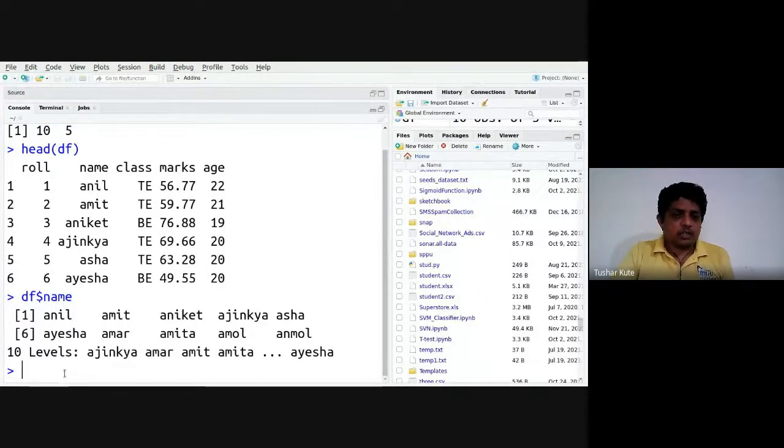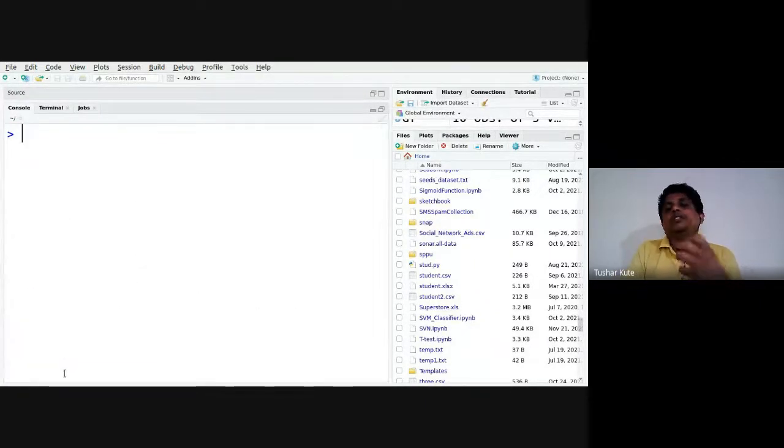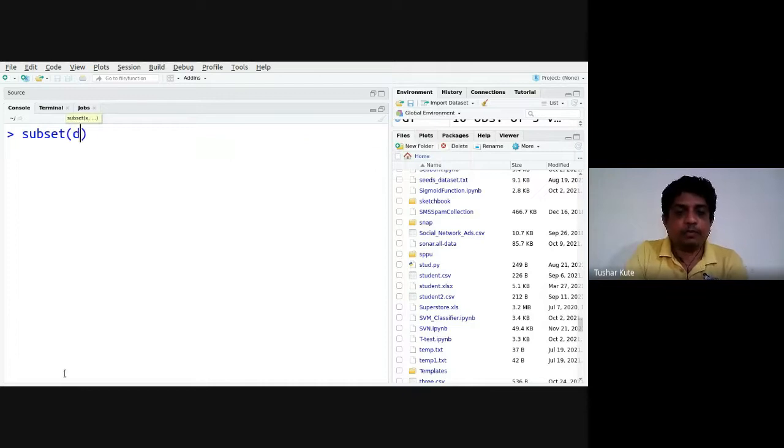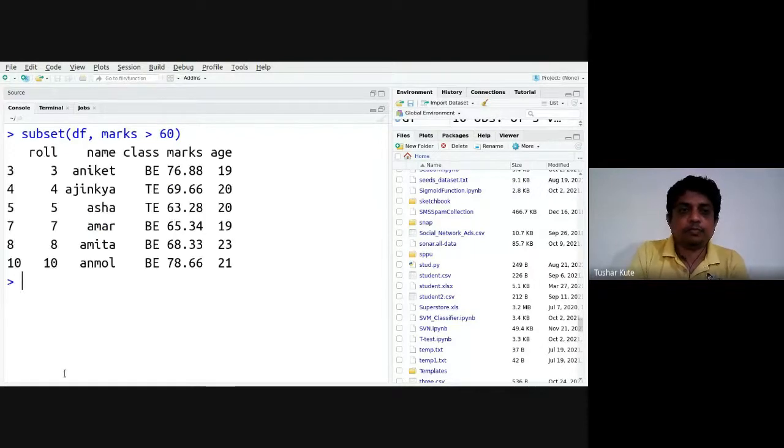See, I want to extract the information about the students who have first class. So there's a function called subset. Apply it to the data frame, and after that you have to use a second parameter as a condition. Okay, so which condition you have to apply? Like where the marks are greater than 60. Their information is extracted only. Subset. Likewise, many such pre-built functions to do data processing and data analytics on a data frame object are possible. You can just make use of them.